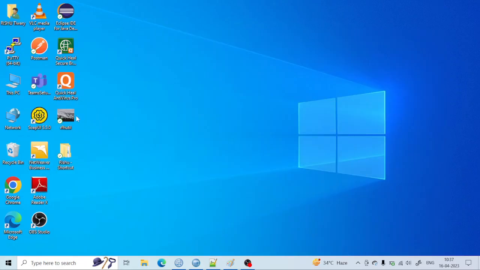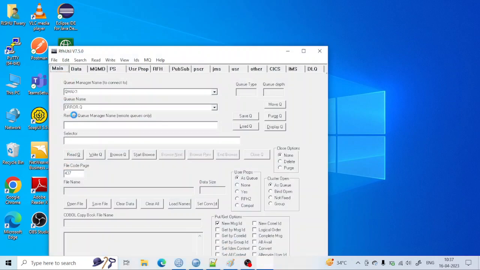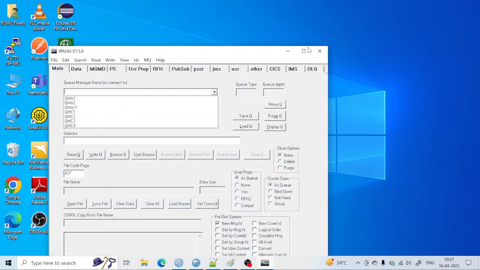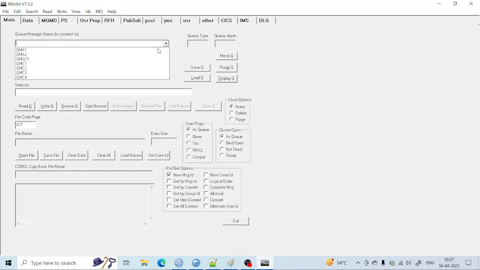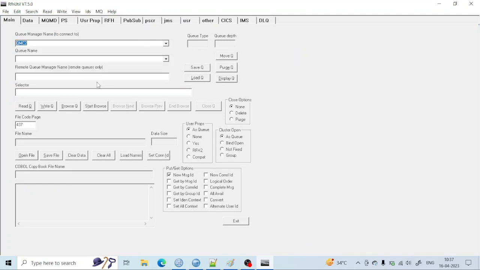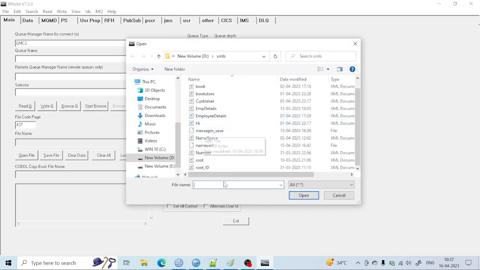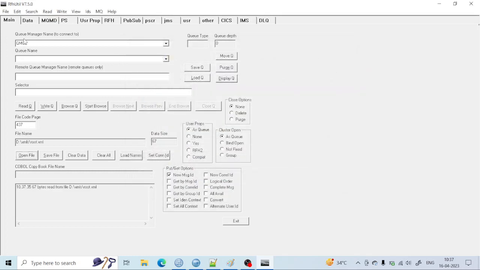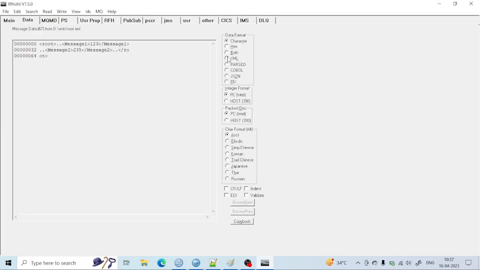So that's showing. Let me connect to QMC2, and let me open the file. Let me add one message, dot root. And if you see here, this message I am putting into QMC2,